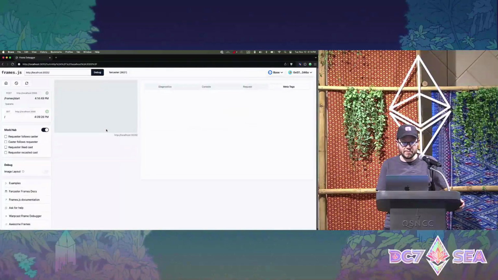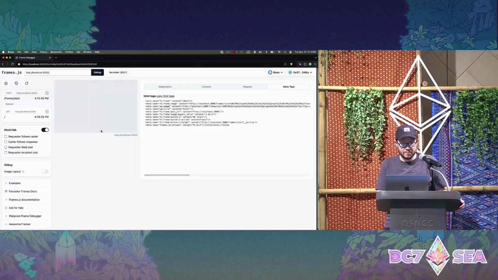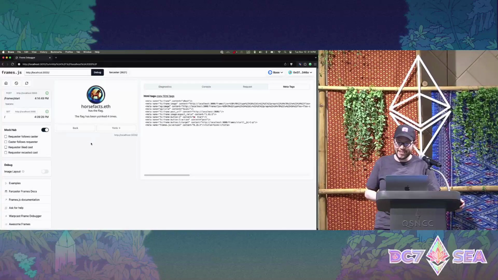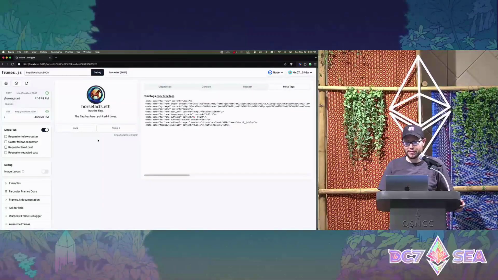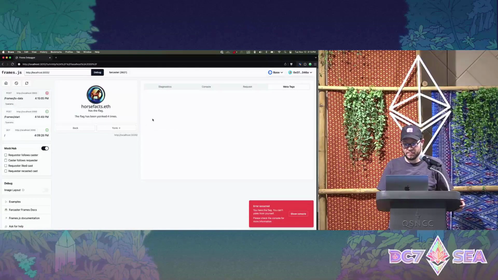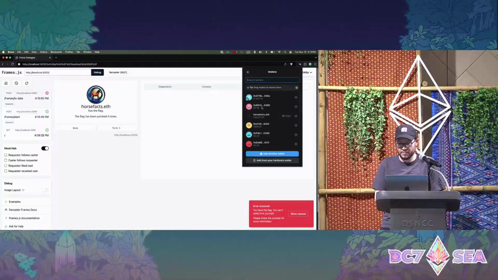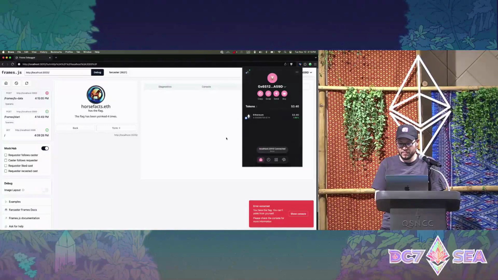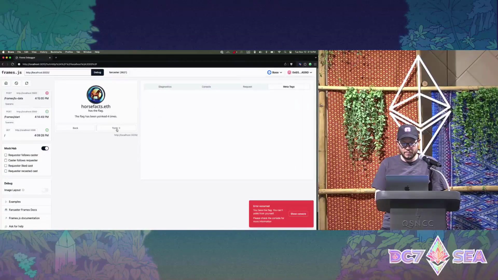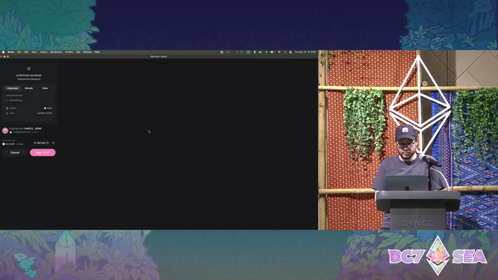So we'll click start. Oof, OK. Network connection is working. It's going to show us who currently has the flag. We'll do a transaction here.